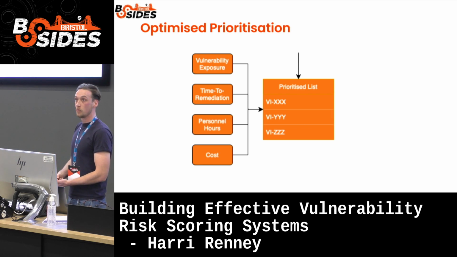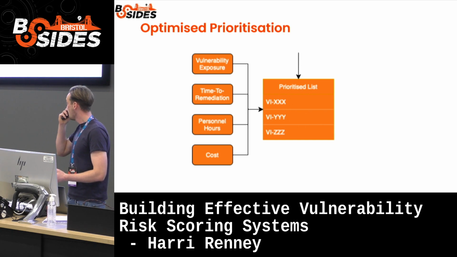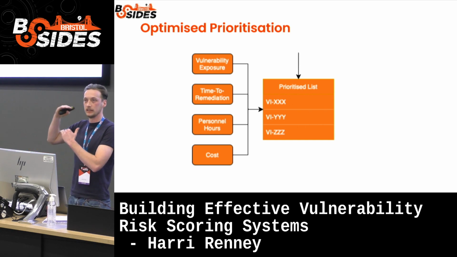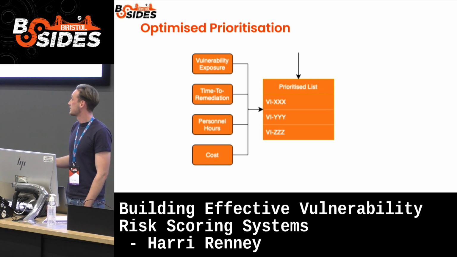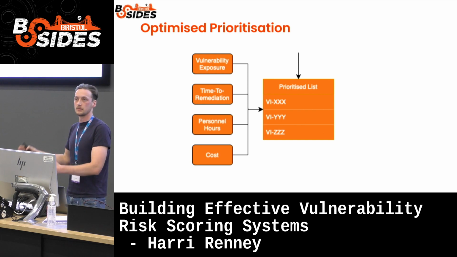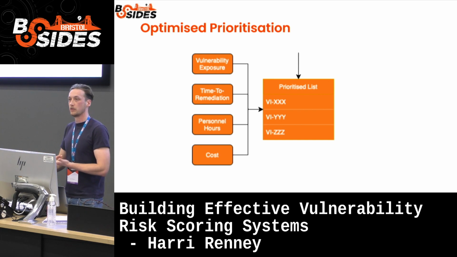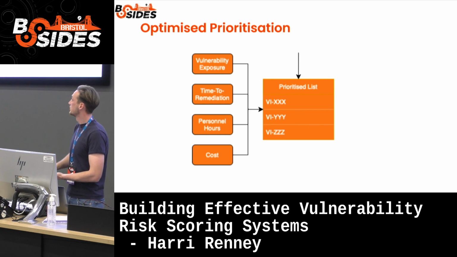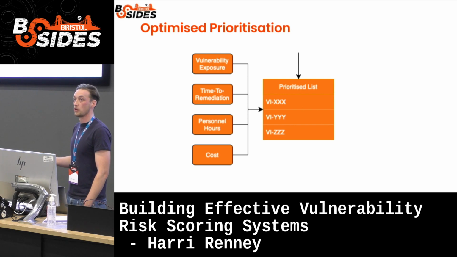You could use an optimization algorithm, a goal programming. If you can actually get estimates or real hard values for any of these kinds of metrics, you can build out real optimized prioritized lists to get a remediation plan that's the best bang for your buck, with the cost involved in the personnel hours or time to remediation. You get the most reduction in risk associated with those other goals that your company or your team might have.